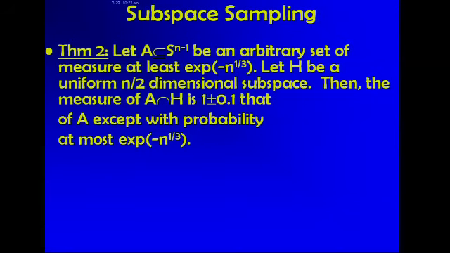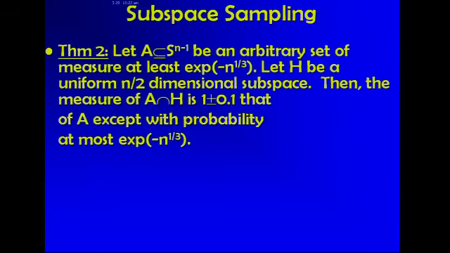What I'm saying here is that this is what we really need. What I showed you before is a statement for n-1 dimensional subspaces. What we actually need is a statement for n/2 dimensional subspaces. This is what really leads to the communication complexity lower bound. So what I'll try to do now is first show you how to derive this statement from the previous one, and then we'll discuss how to prove the previous one.